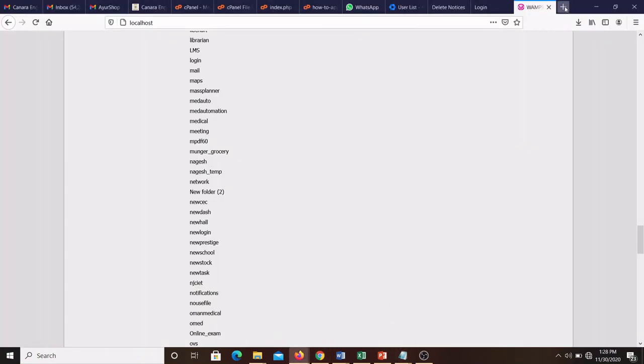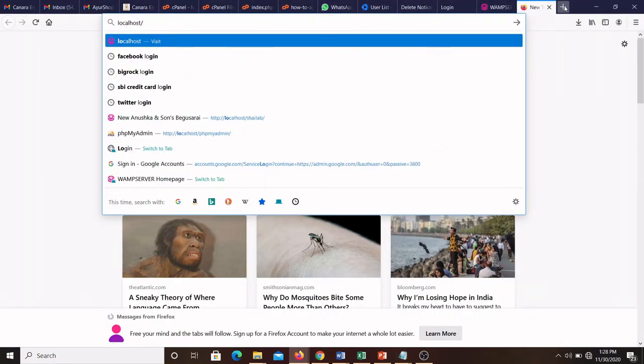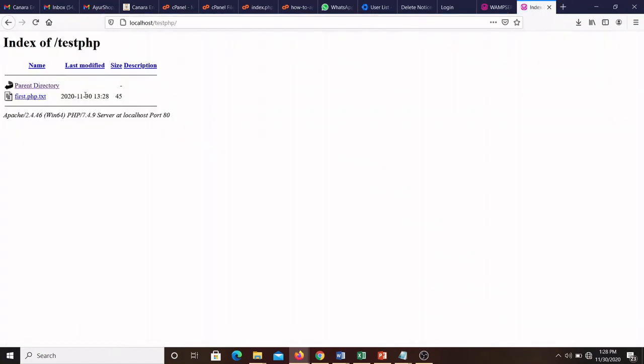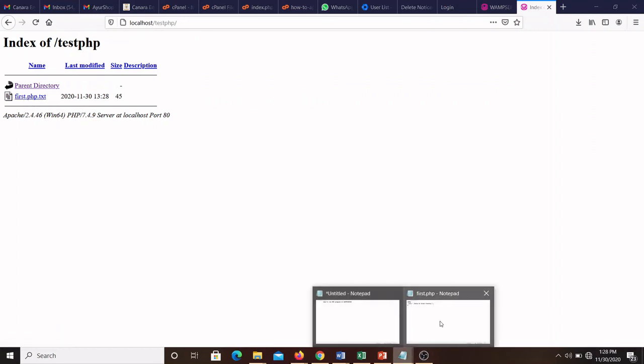Now if you want to run the file, I can write localhost/test php, then I can see my file. You see, a mistake happened. I did not use the double quotes while saving the file, so it took the extension .php.txt. This is the problem of Notepad.